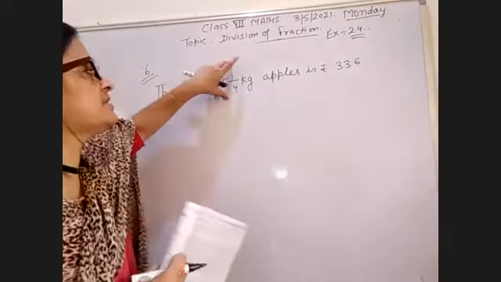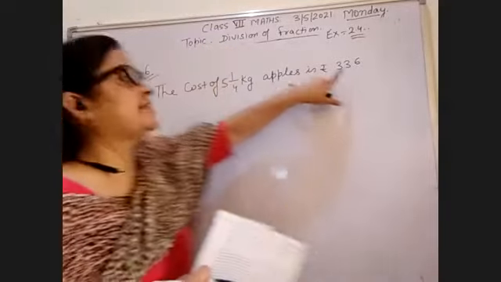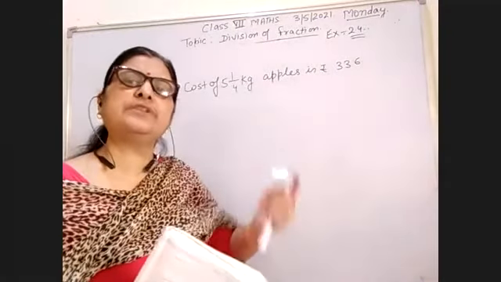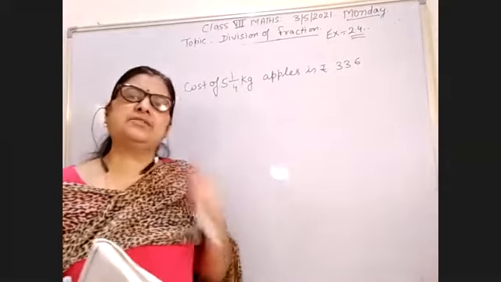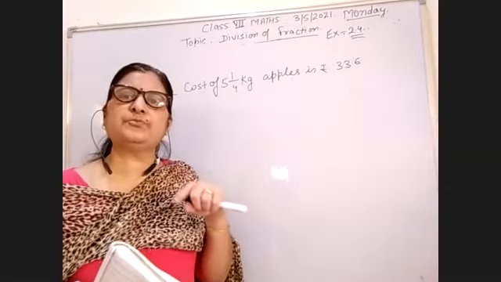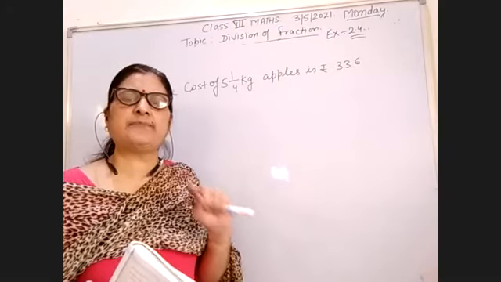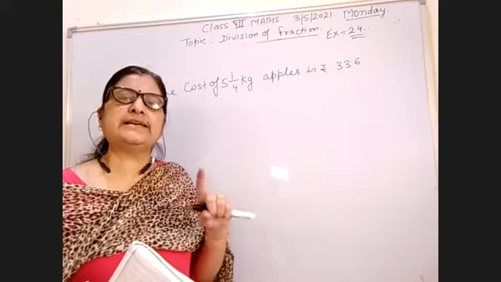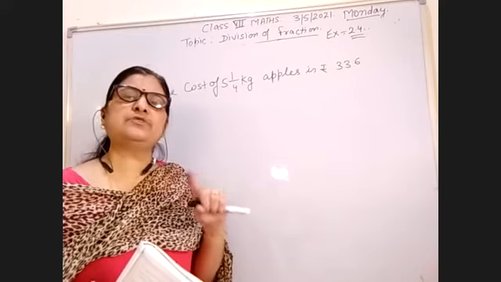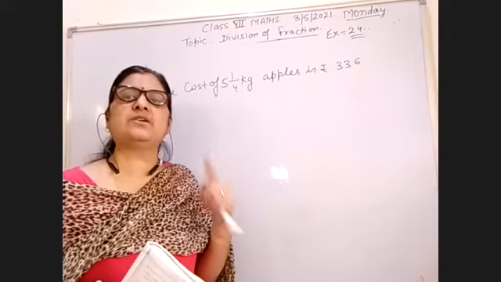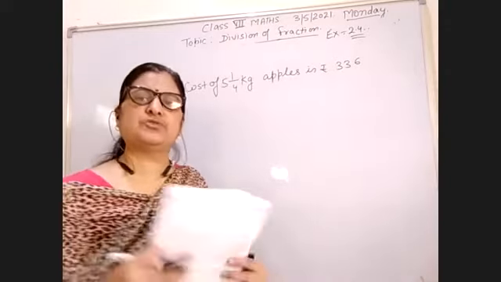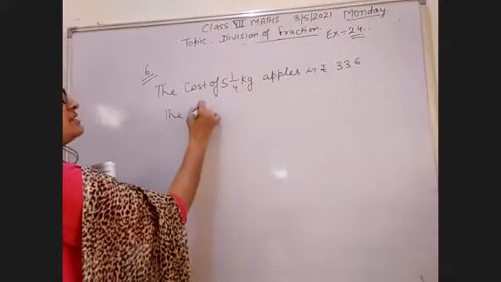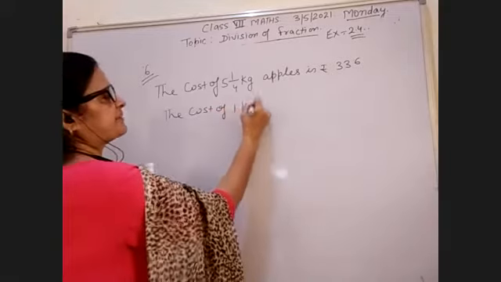व्हेन द मोर कॉस्ट, आपको ज्यादा एप्पल की कॉस्ट दे रखी है और आपको फाइंड करना है कम की, लेस की फाइंड करनी है, देन यू हैव टू डिवाइड इट। फॉर एग्जाम्पल व्हेन यू परचेज 5 kg एप्पल ऑफ रुपीज 100 रुपीज, आपने 5 kg एप्पल जो है 100 रुपीज के खरीदे हैं, तो 1 kg कितने का आएगा, 100। You have to divide 100 by 5. It means the cost of 1 kg apple is 20 rupees. You have to divide 100 by 5. So similarly, in this question, you have to find the cost of 1 kg apple.